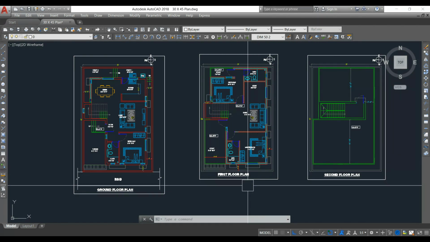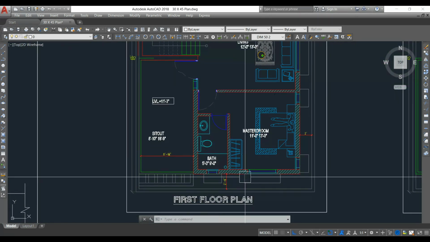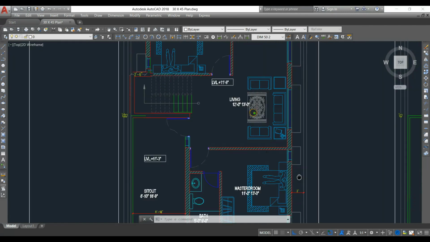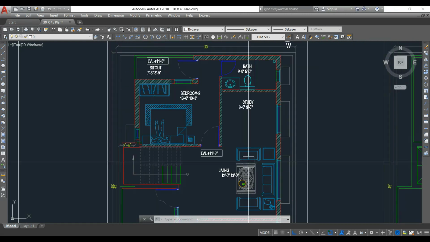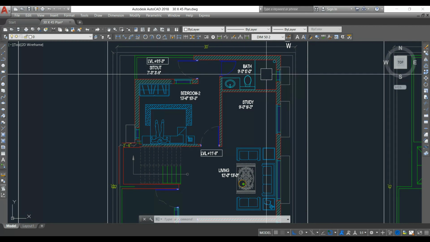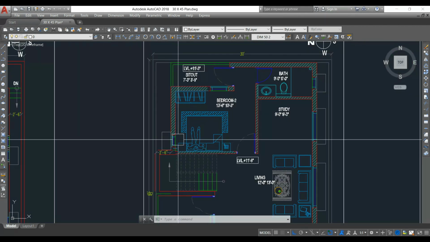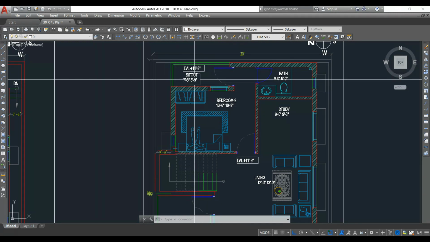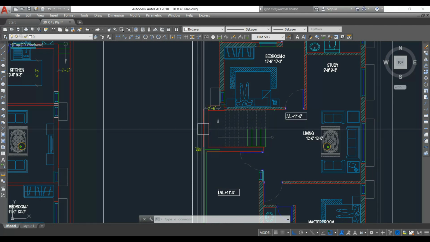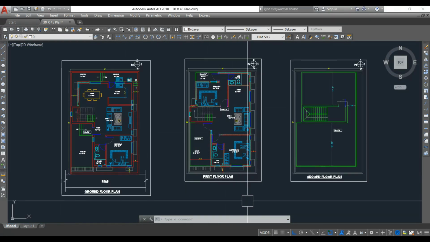Let's look into the first floor plan. In the first floor, in the bath there is a ventilator. In the bedroom we have a window here, and there are two small windows. In the living room we have one big window, and again the study room also has ventilation. For the bathroom ventilation is there, and for the bedroom there is a window, and here one small window. That is fine, because here we have a full sit out, and again we have to provide a window in the staircase. So in the first floor plan also proper ventilation is provided.